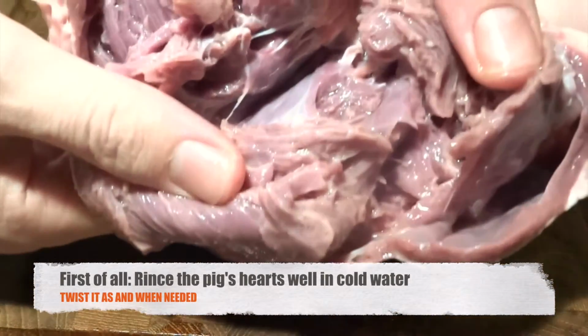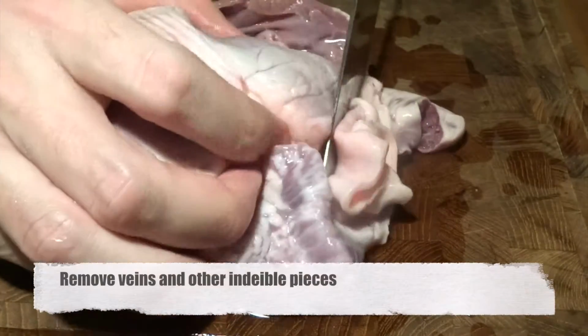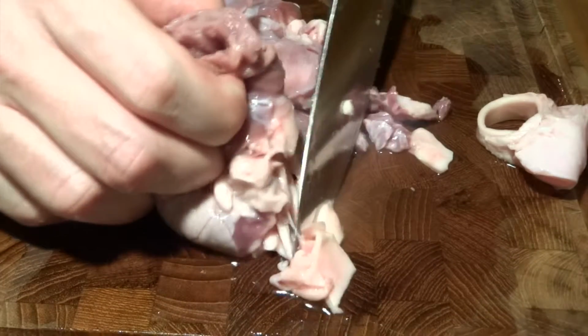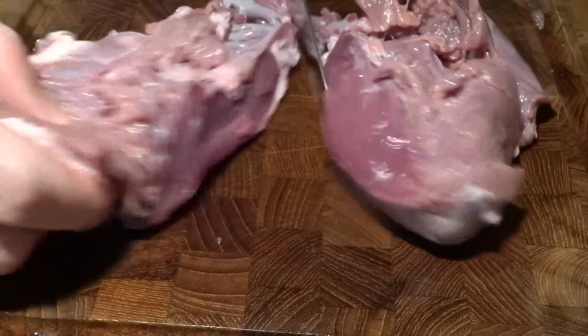rinse them. So first we do that in ice cold water. We kind of twist them and turn them a little bit so that we get all the blood pieces and everything away. What we do then is we cut away the veins. We do not want any of these inedible pieces of the heart. Thereafter, what we'll do is we'll cut the hearts into dice so that we get some pieces of meat that